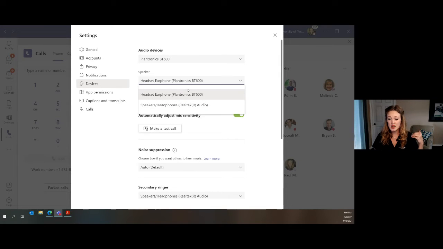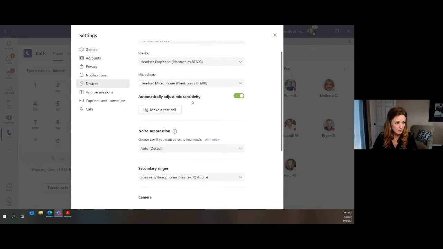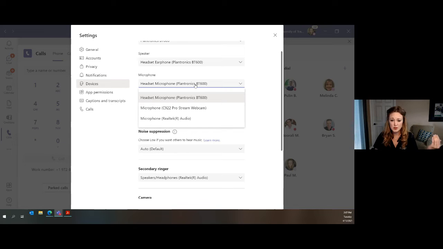Whichever your preference is, if you have multiple. My laptop already has built-in speakers and a built-in camera, but I use an external camera. So with all of our calling and all of our meetings, I like to draw your attention to this because sometimes in a meeting you might have an echo or a crackling sound and you may need to make a quick change. So this is the way that you can do that, by selecting which audio device would be your preference. In addition, you can do that with your microphone, depending on what devices. Everyone's will look different than mine. This is just the way mine is set up, but you can select the appropriate device that you would like to use